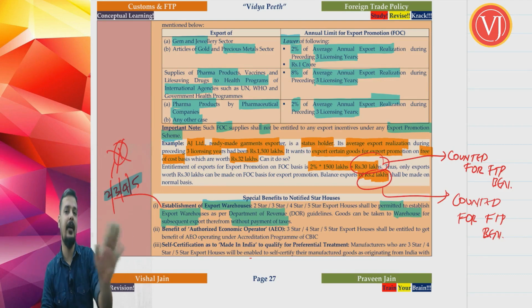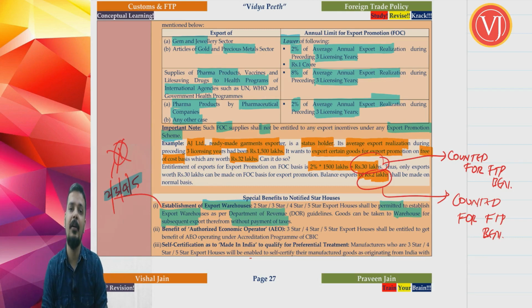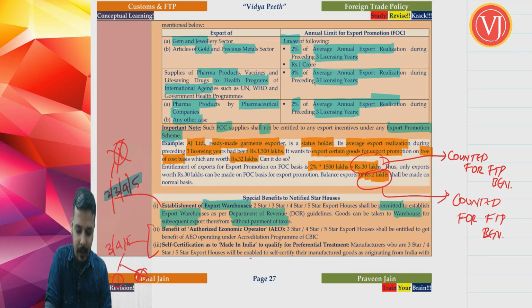It is applicable for all 5 star categories. Now this benefit, opening the warehouse, private bonded warehouse, is only applicable for 2 star, 3 star, 4 star, 5 star. And the other 2 benefits that we are going to discuss are applicable only for 3 star, 4 star, 5 star. It is not applicable for 1 star and it is not applicable for 2 star. So the other benefits that we are going to discuss are only applicable for 3 star, 4 star, 5 star